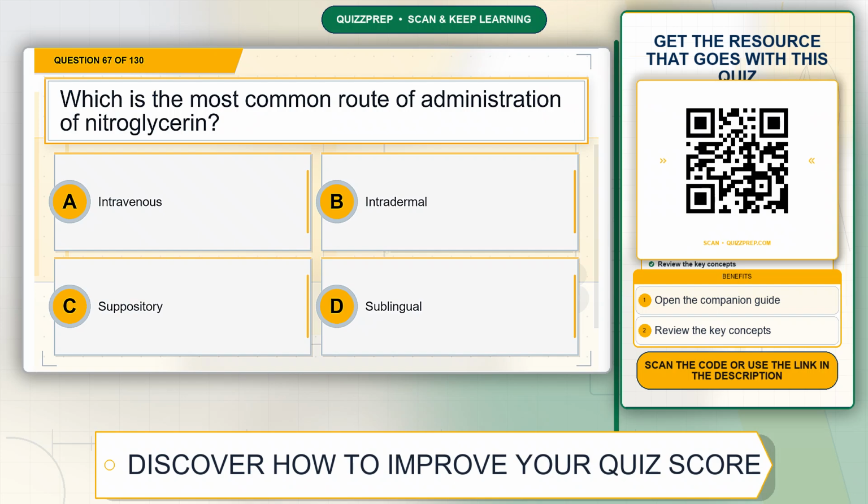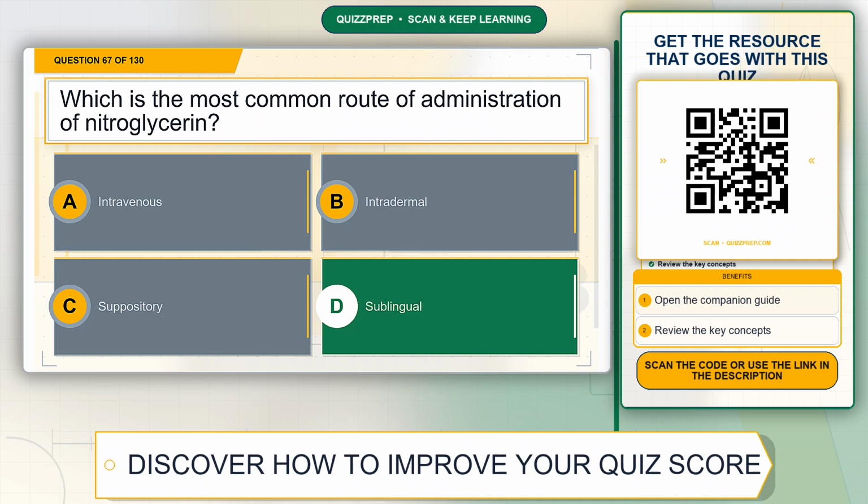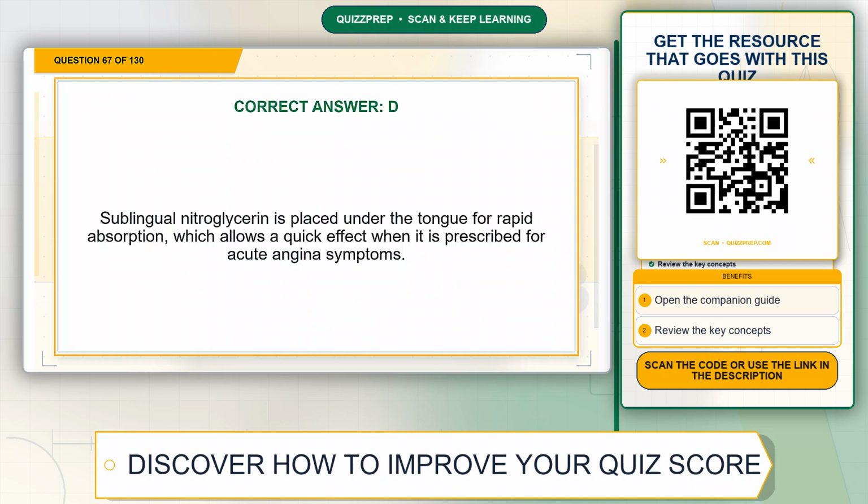Question 67. Which is the most common route of administration of nitroglycerin? Option A, intravenous. Option B, intradermal. Option C, suppository. Option D, sublingual. The correct answer is option D, sublingual. Explanation. Sublingual nitroglycerin is placed under the tongue for rapid absorption, which allows a quick effect when it is prescribed